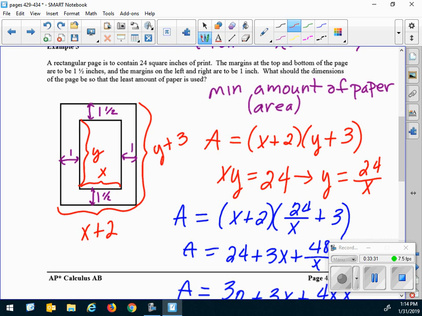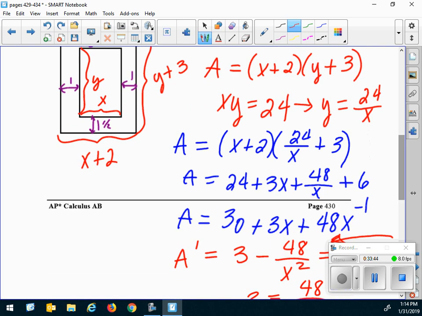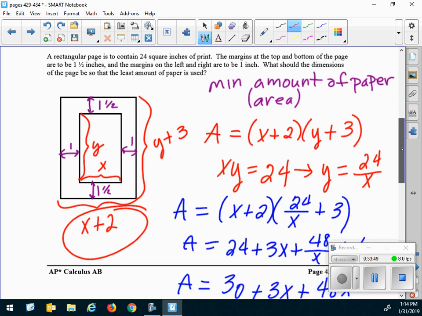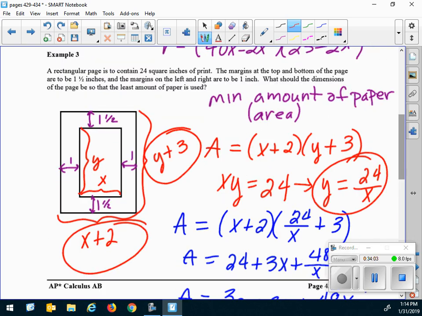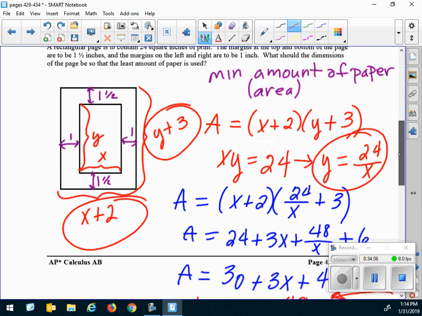What should the dimensions of the page be? I know that x equals 4. How am I going to figure the dimensions of the page? Okay, so what's this? This is going to be 6 by x is 4, right? So what's y? 6. So 6 by 9. So we're going to say the dimensions of the page should be,